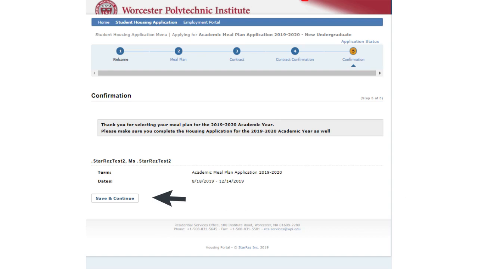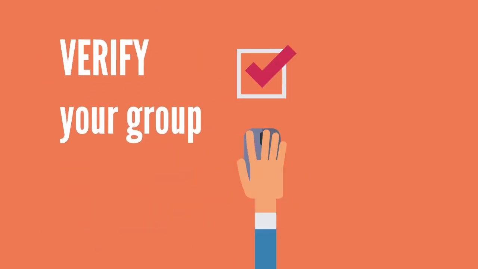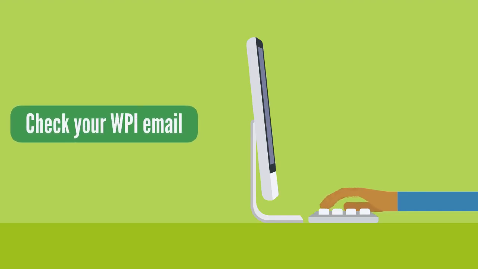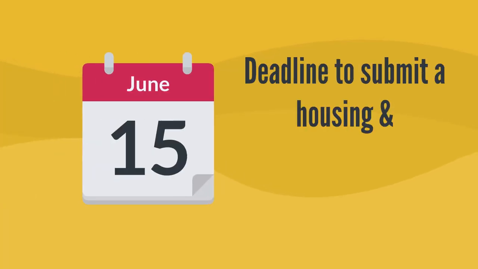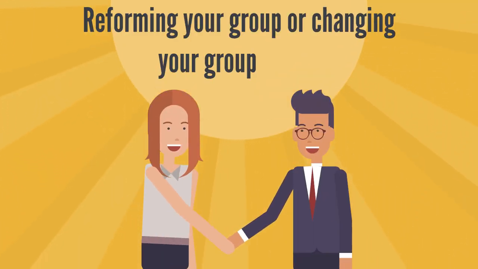Here are some reminders as we wrap up. Remember that your group needs to be verified in order to participate in housing selection. Keep checking your WPI email account. All information about housing selection will be sent to this email address. The housing application and meal plan application is due on June 15th. You must join or create a group and verify the group by this date and select a residential meal plan as well. If you need to reform your group or change your group leader, email